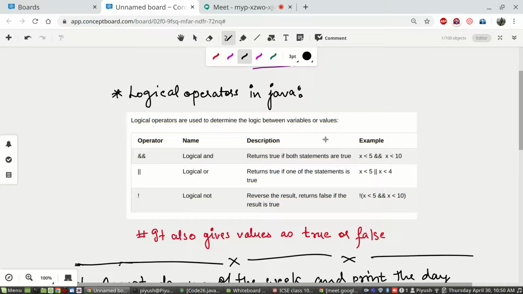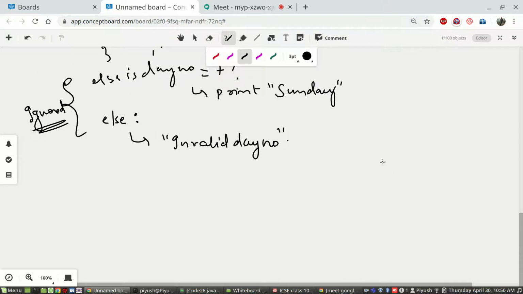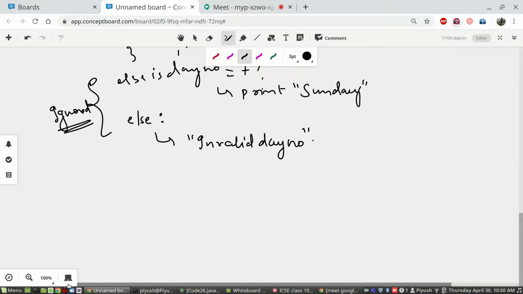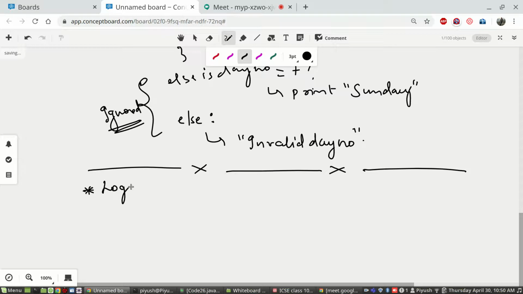Logical operators are used to determine logic between variables or values. That means, let me explain simply.